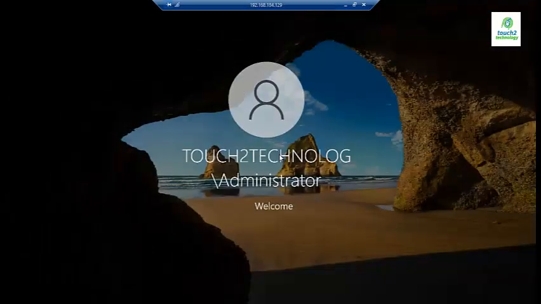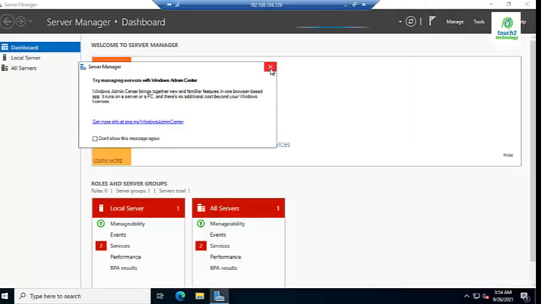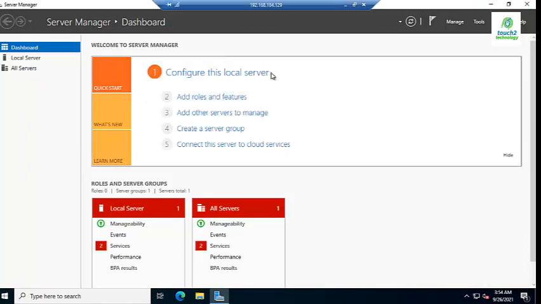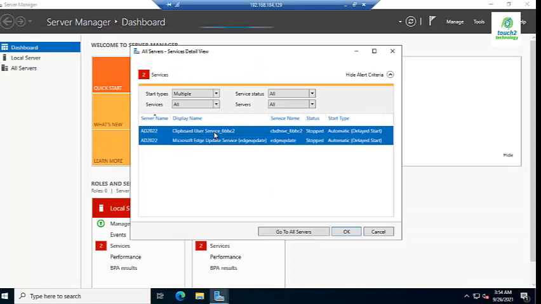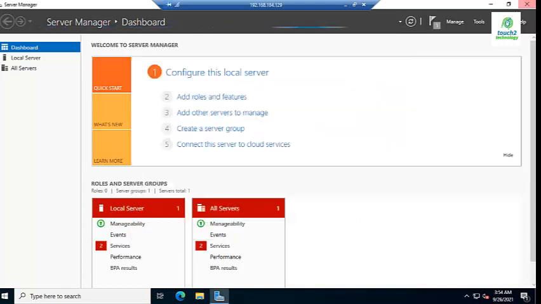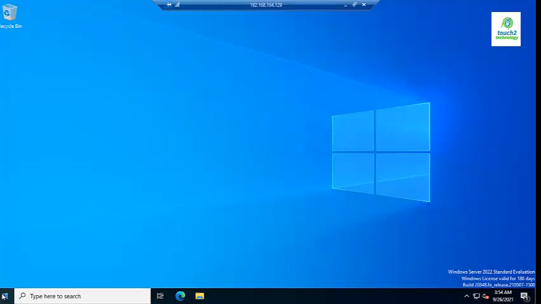See friends, I am using the domain controller user, that is administrator. These services may have a delayed start, so I just click on start. Okay, there is no issue. Now I will show you, click on System.